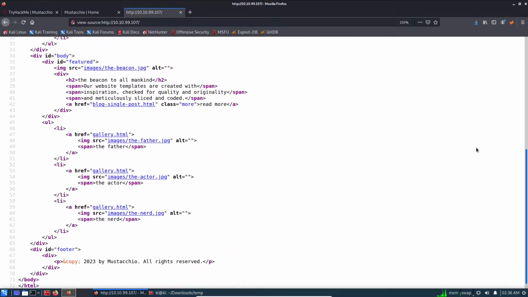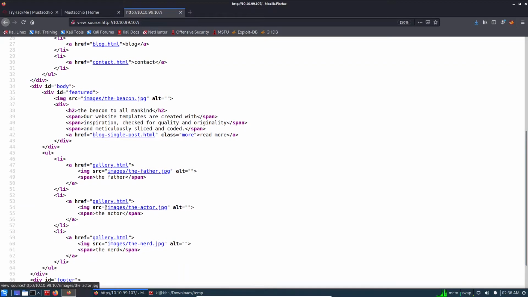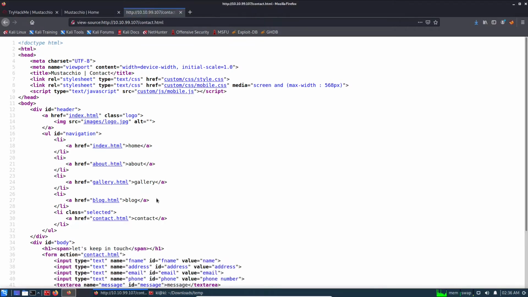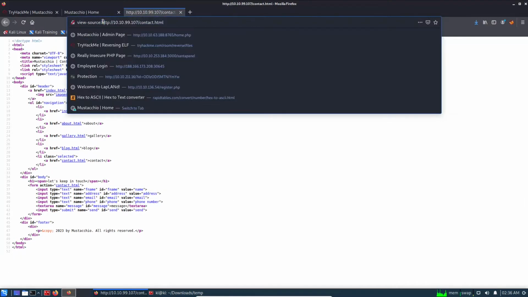Nothing in comments, so these are JPEG files. The images folder is there, then the custom CSS folder and custom JS folders are also there, and all the links are .html. So contact.html, if we go into the contact.html page,